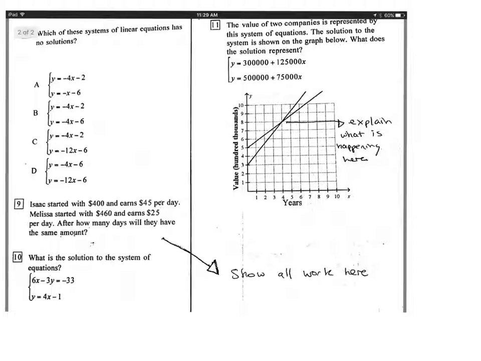But when you do this, here's kind of a little trick for you guys to look at. Look at your x's in each problem. And if they're the same, in order for it to be infinite or no solution, those x's have to be the same. So, to be honest, the answer is already thrown at you. If you look at it, it's got to be B. But let's double check to make sure B does actually work. If I do the work and I have y equals negative 4x minus 2,